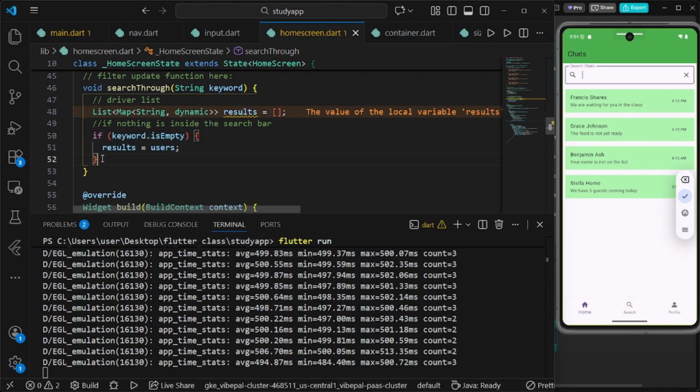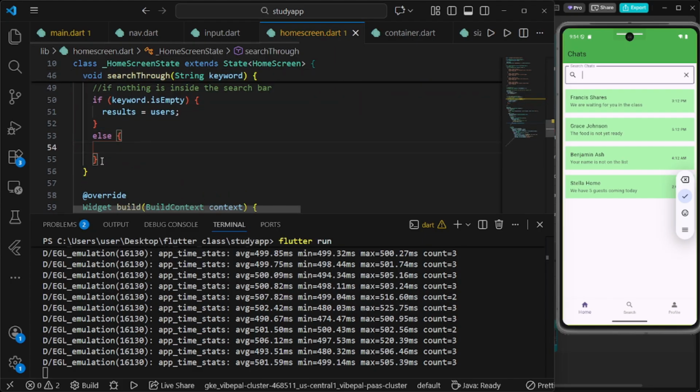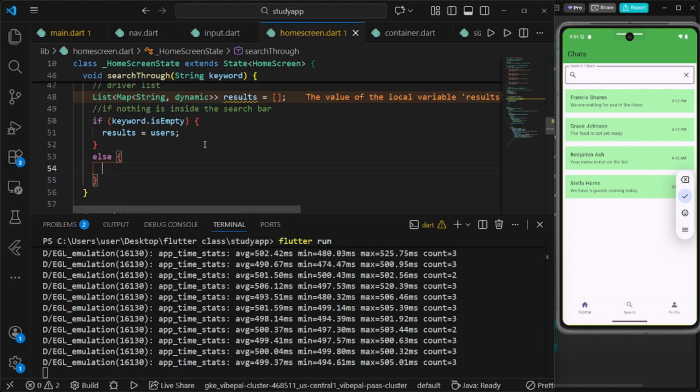If the keyword is empty, we are taking the full result and sending it to this thing. We are updating the result with that. So right now the result variable, the middleman, is at the original list side. So if the keyword is empty, give it the full list. If not, that will be like else. Else, what happens? What should happen? Right. So now, if the keyword is entered, what then happens? We are going to